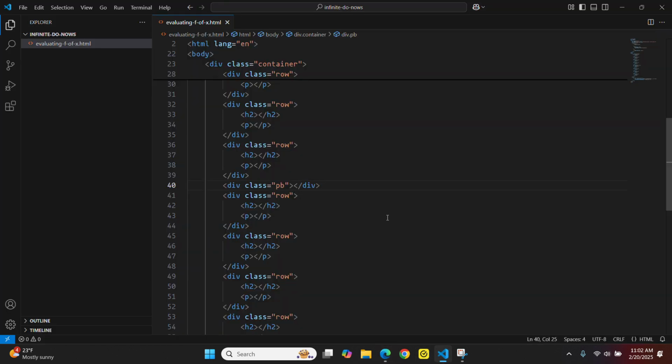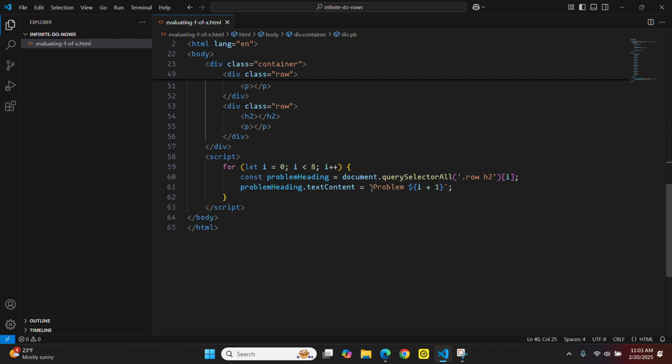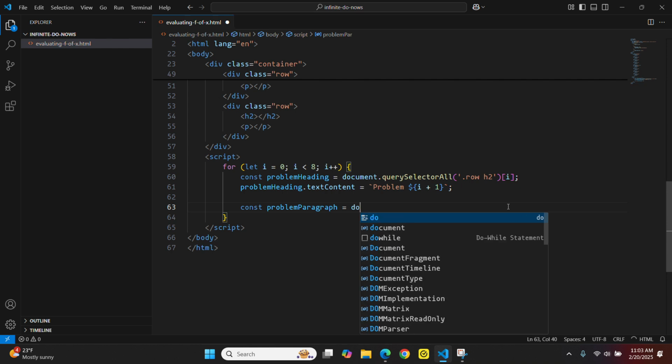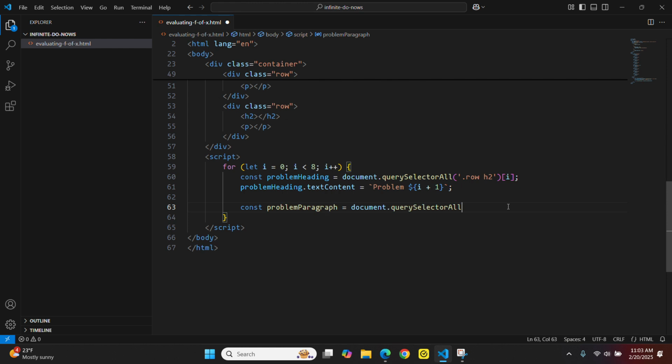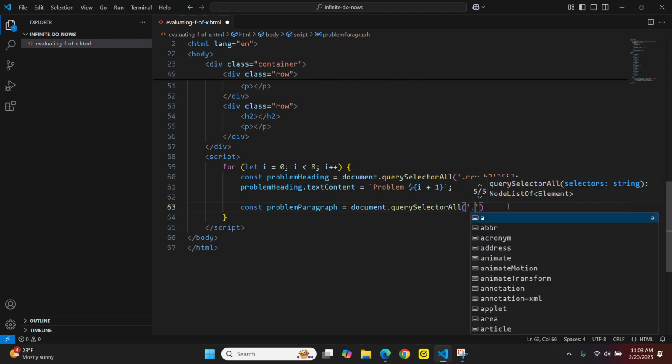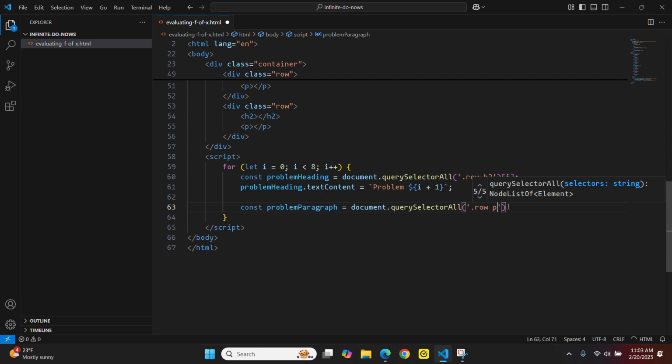Okay, so now that we're done with the styling, let's focus on creating the actual problem. So I'm going to create another variable. We'll call it problemParagraph, and that'll target the paragraph of the problem, and that'll be equal to document.querySelectorAll. So this is bringing back an array again, and we'll do inside the row class, we'll do the paragraphs at index i. We're ending each of these with a semicolon, although nowadays you don't really need to do that,